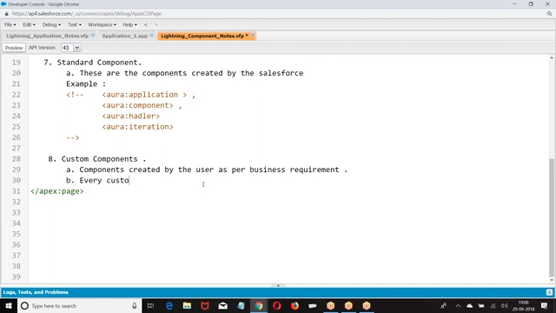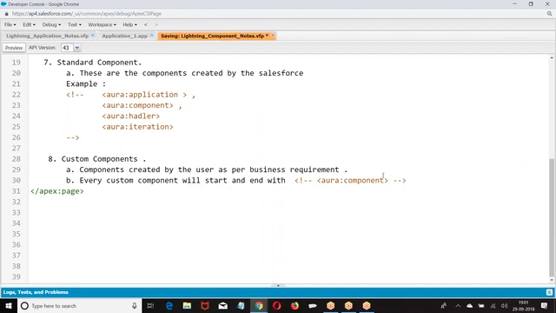Every custom component will start and end with Aura component. Then we are supposed to understand what is this Aura component.